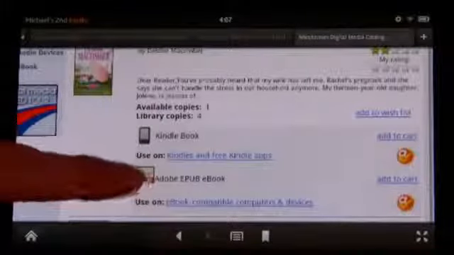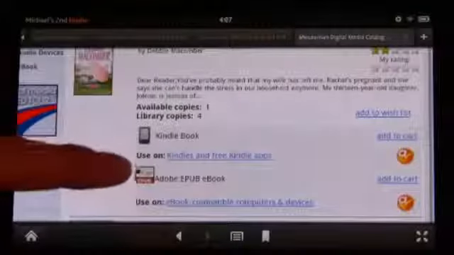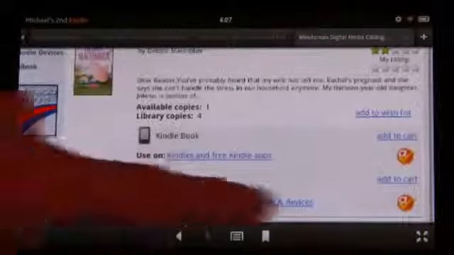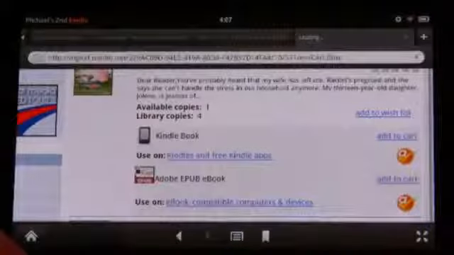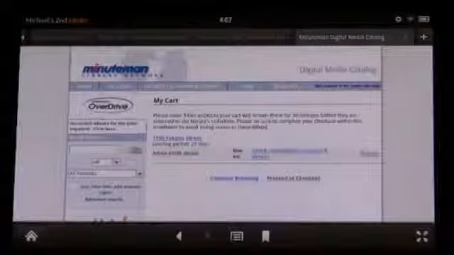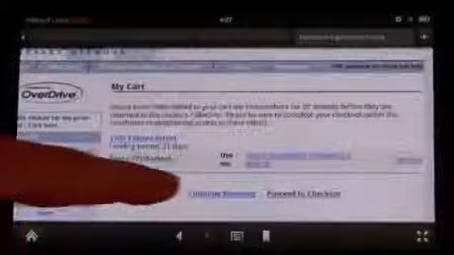So let's download just one of these books at random here. Let's do Debbie Macomber. So we're going to make sure that we add to cart for the Adobe EPUB book rather than the add to cart for the Kindle book. So let's do add to cart on that. And let's say that we also want to go back and we want to get an audiobook at the same time. So I'm going to continue browsing,